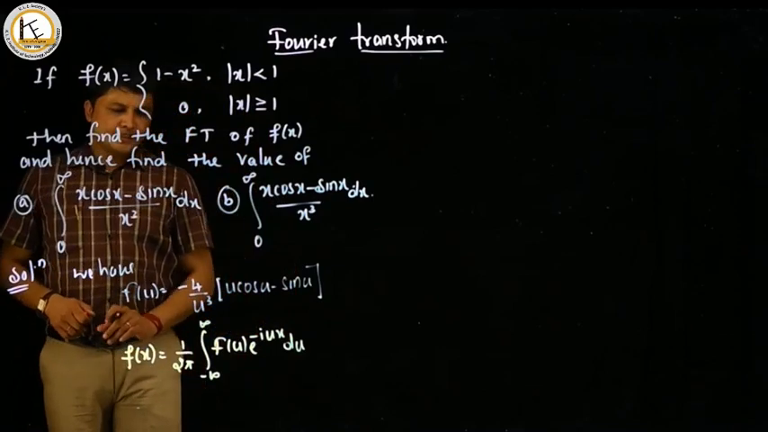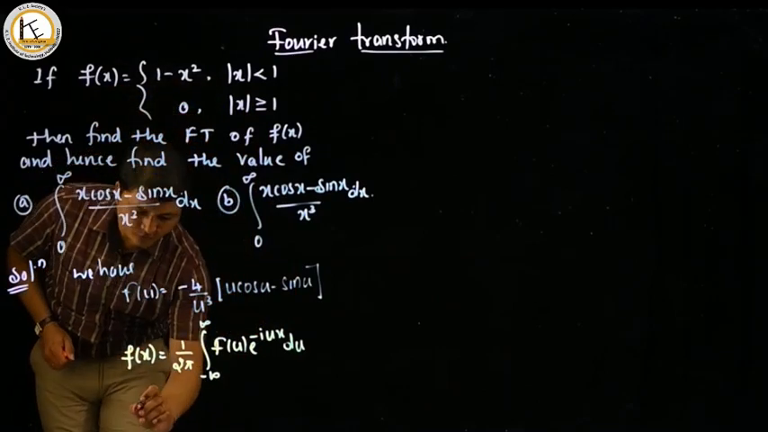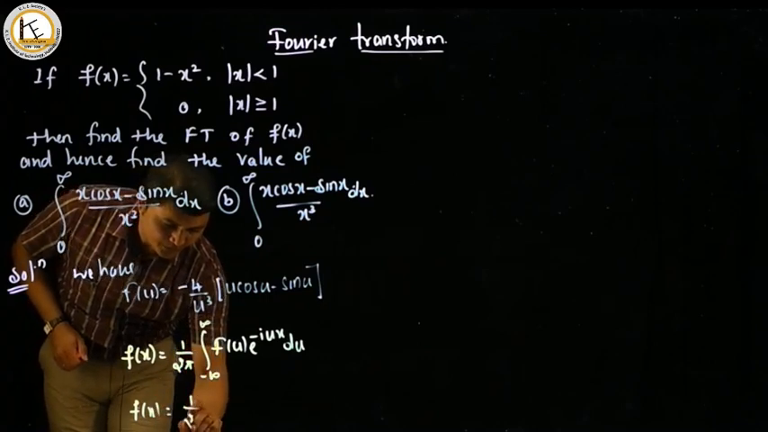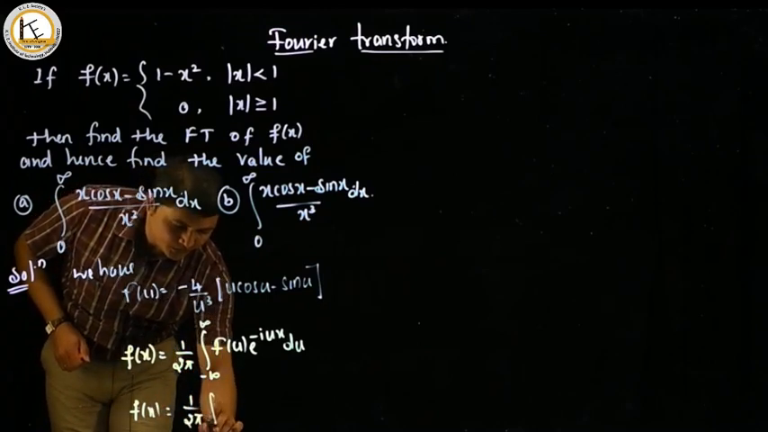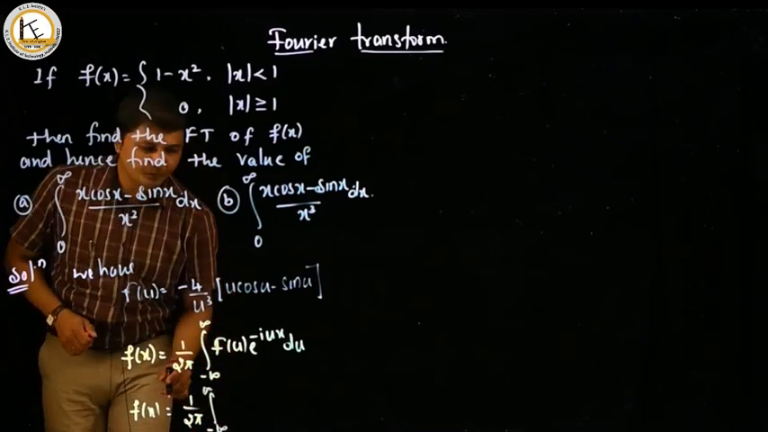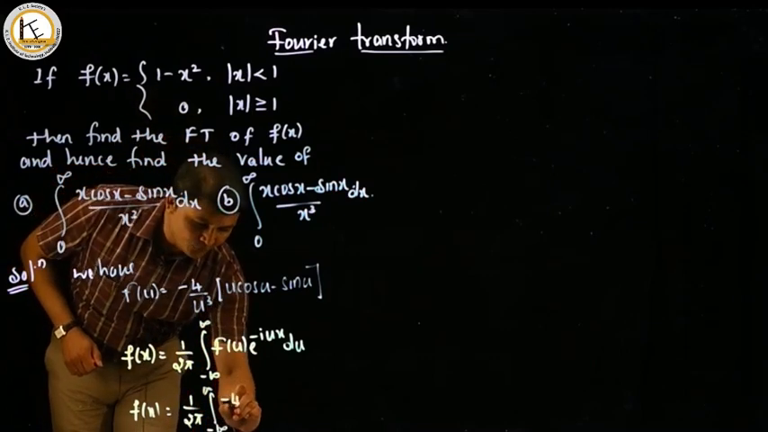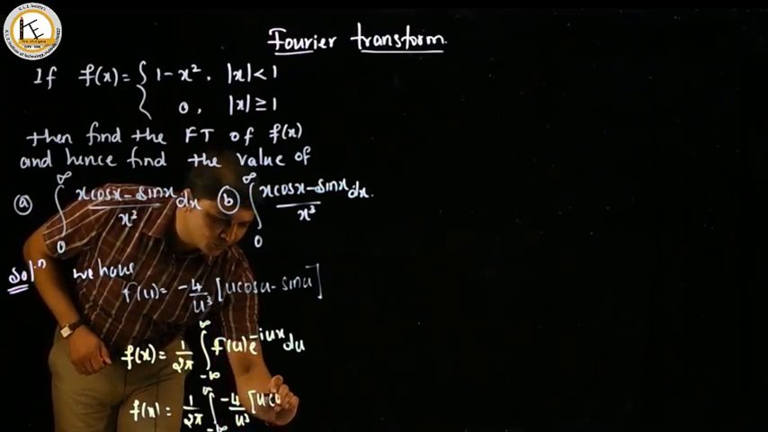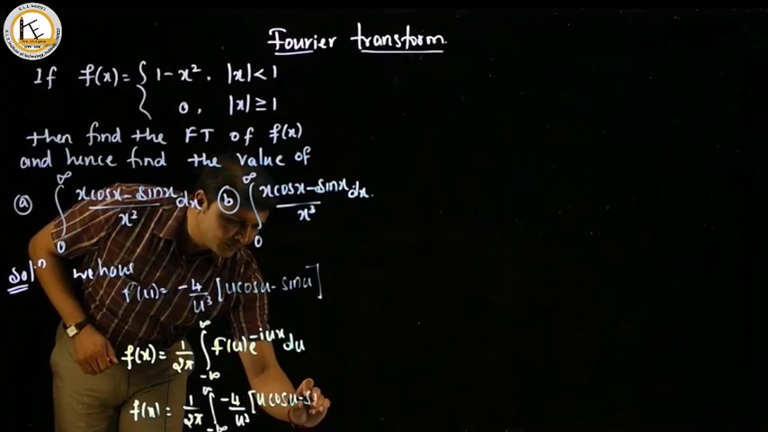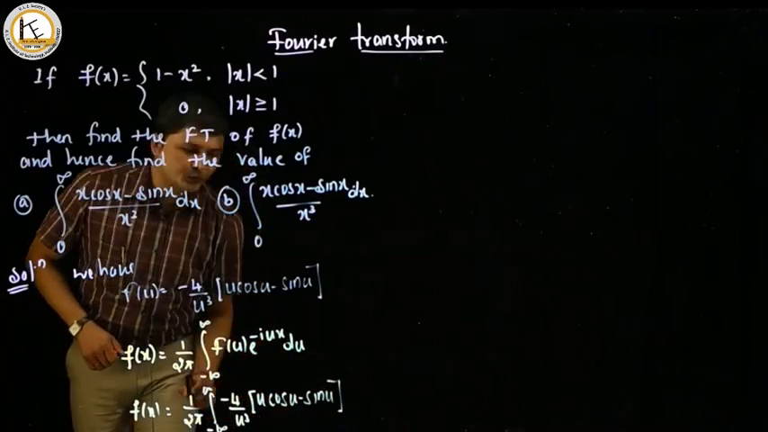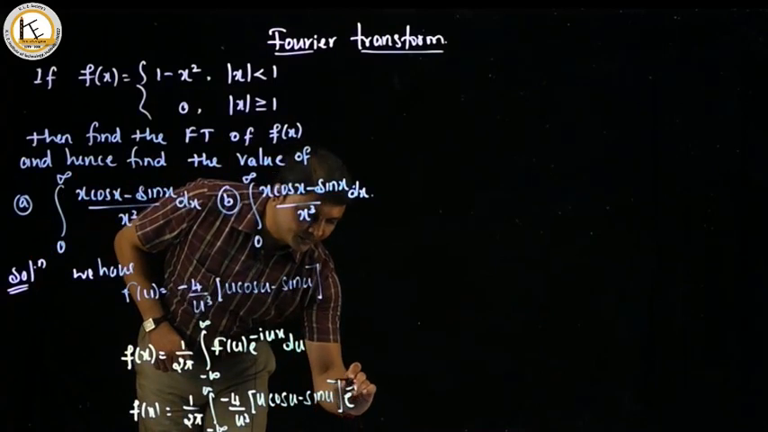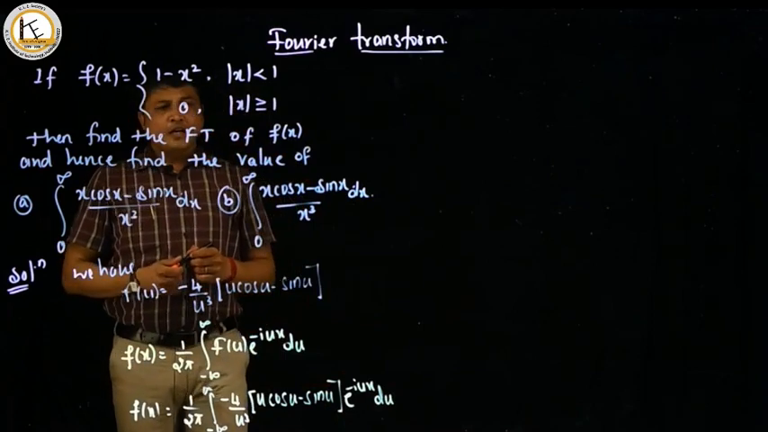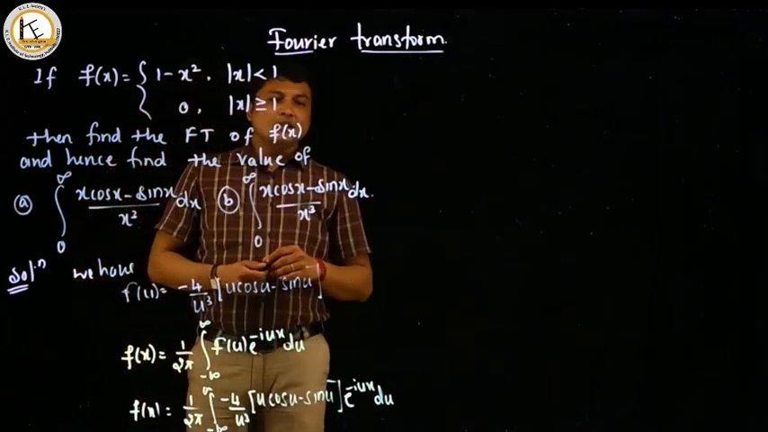So in this formula, once again substituting this Fourier transform f of u, we have f of x equal to 1 upon 2 pi integral from minus infinity to plus infinity, where f of u is nothing but minus 4 by u cube into u cos u minus sin u, into e raised to minus iux with respect to u. And when you observe the integral,